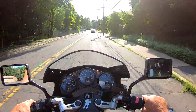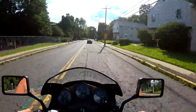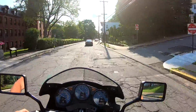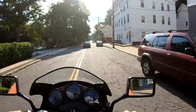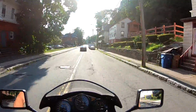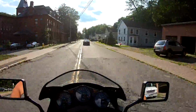This thing is so fast and so smooth. I'm only revving it up to 5,000 RPM, and it's one of the fastest vintage bikes. I mean, it was ahead of its time, clearly. Just a fantastic machine. Similar to the GPZ 1100 of the era, or the Eddie Lawson replica, this has become a collectible, extremely rare,